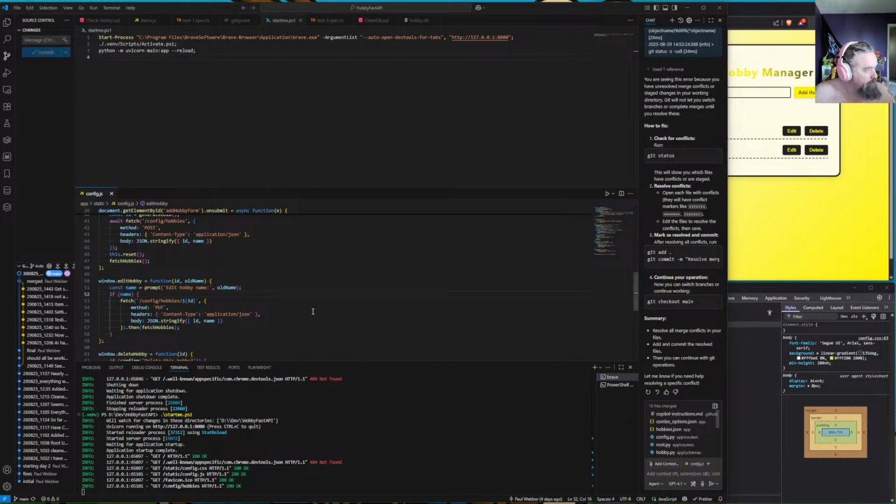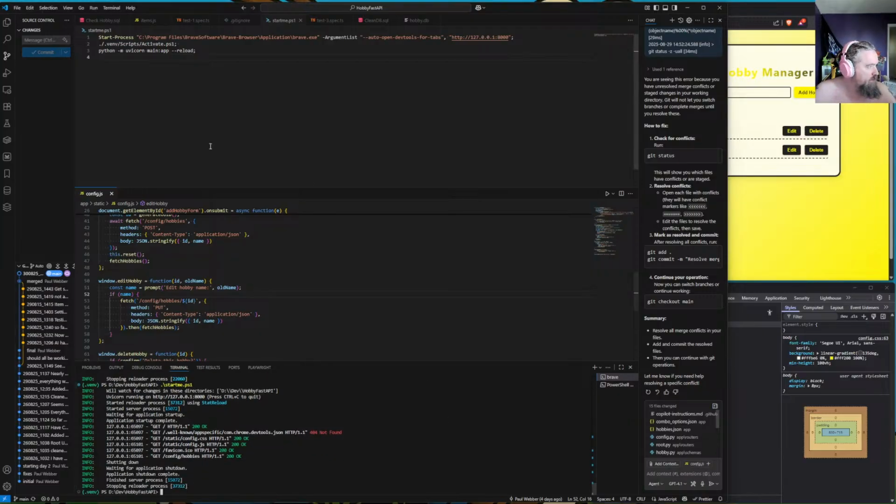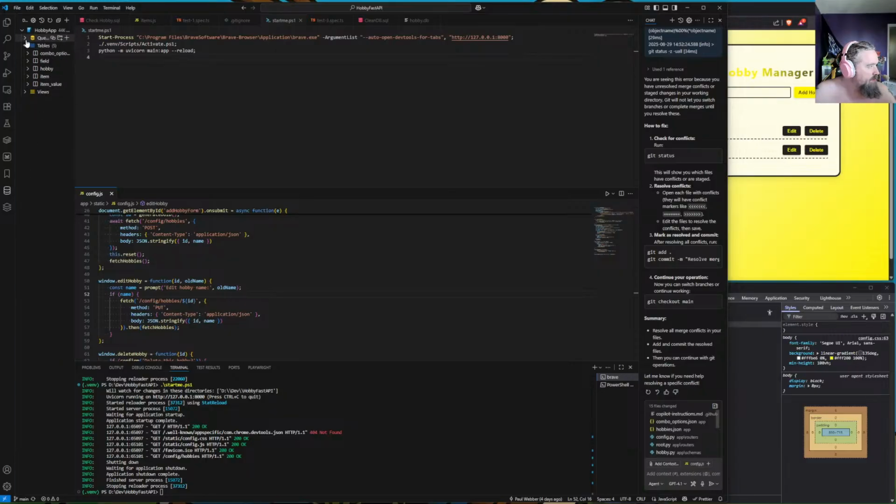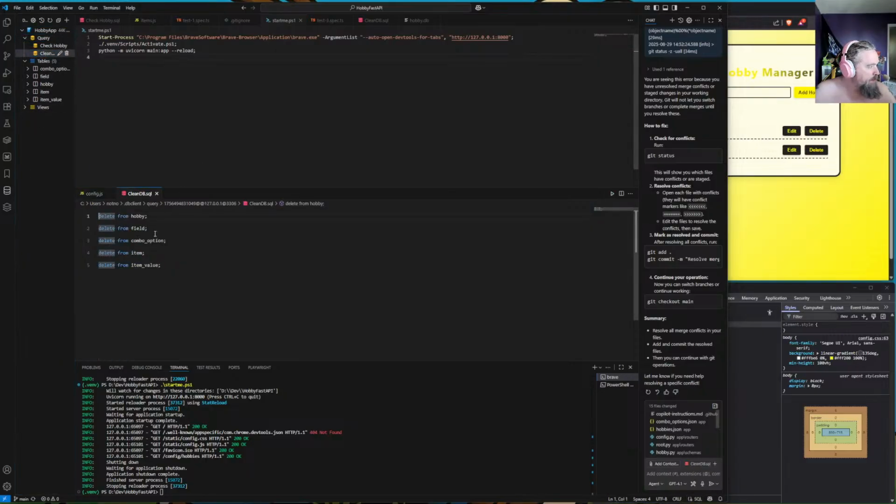So, let's stop everything. Come to the database. We've got a little clean DB. Split editor. Okay, see, I would like it